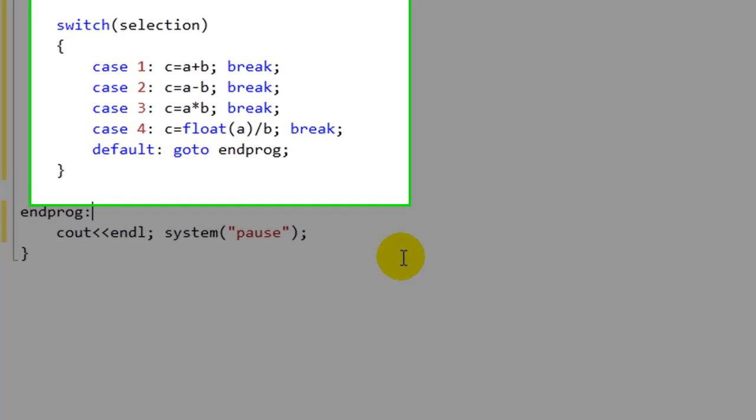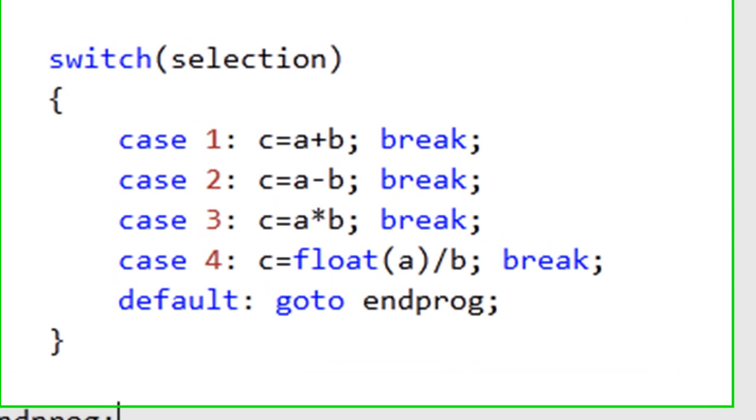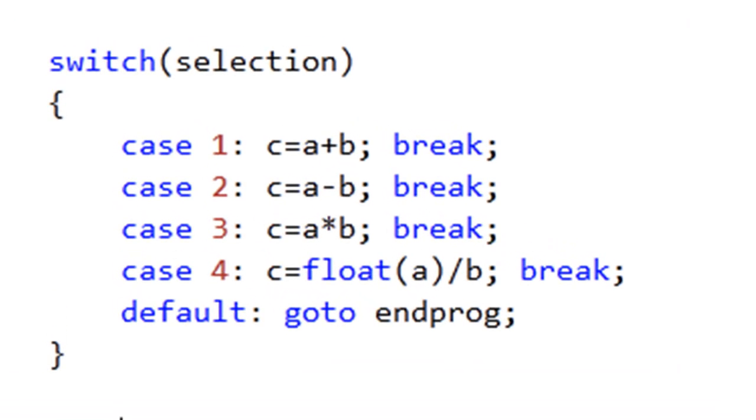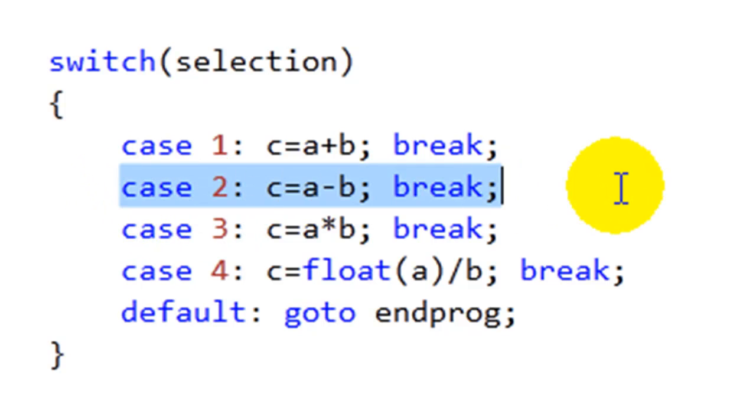To summarize how the switch statement works, let's say that the selection variable has a value of 3. The compiler will come to the first case and check the case constant here, which is 1. If it's a match with selection, then it will execute what comes after the colon. Otherwise, for our example, there is no match, so it will go to the next case, and again it will